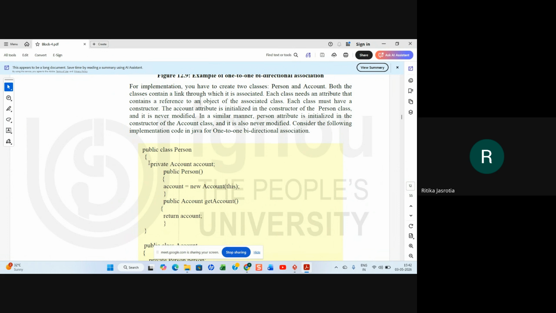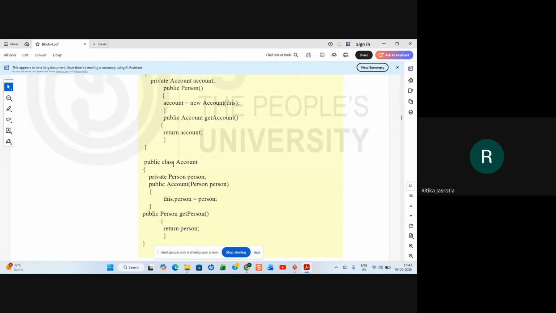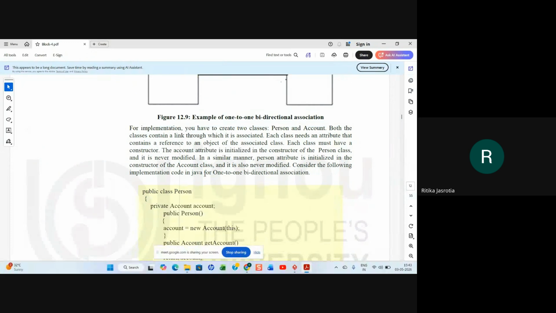So if you see here, in the person class, you have an account variable, an attribute that contains a reference to an object of the associated class. You are creating account, and in account, a person class attribute is created here, right? Now each class must have a constructor.